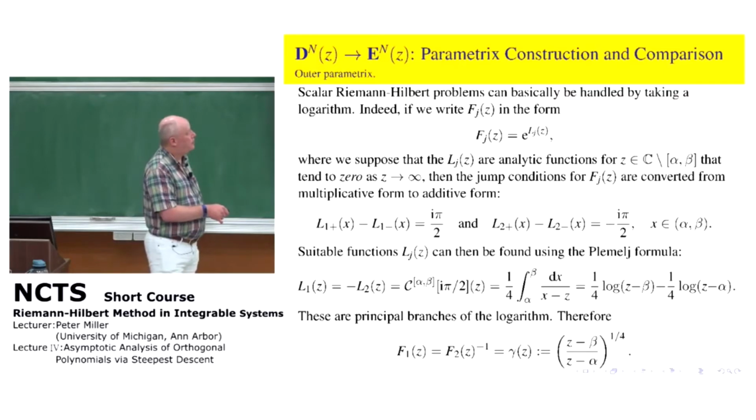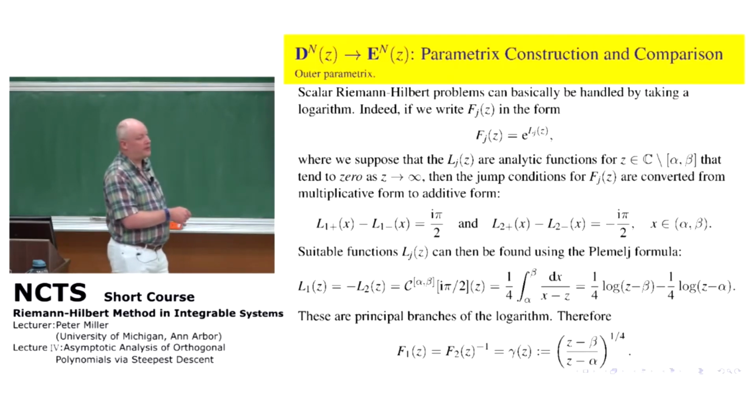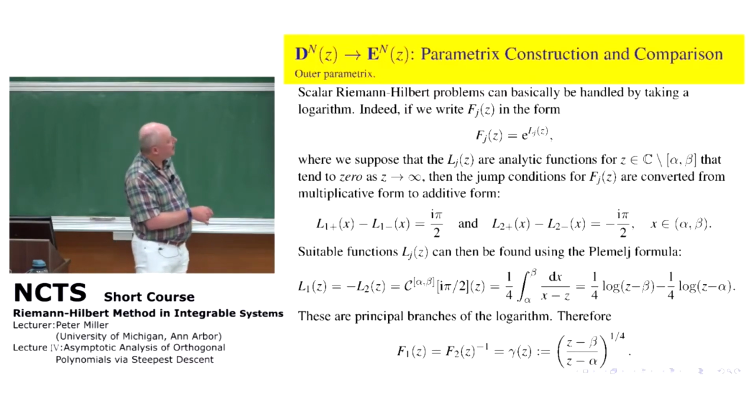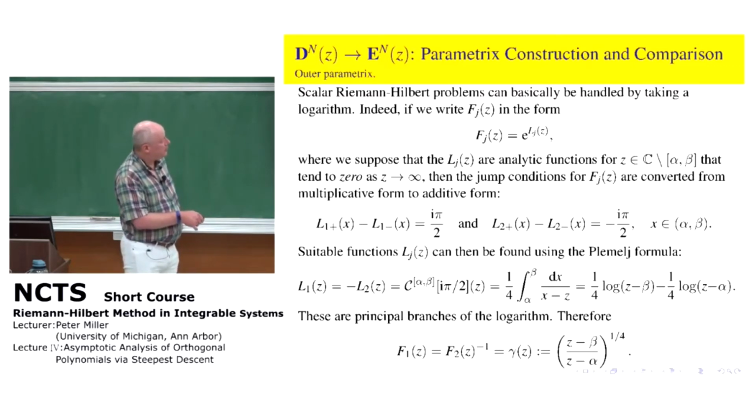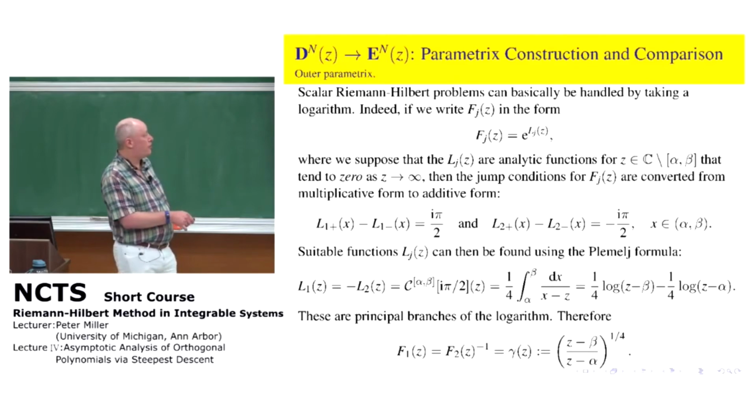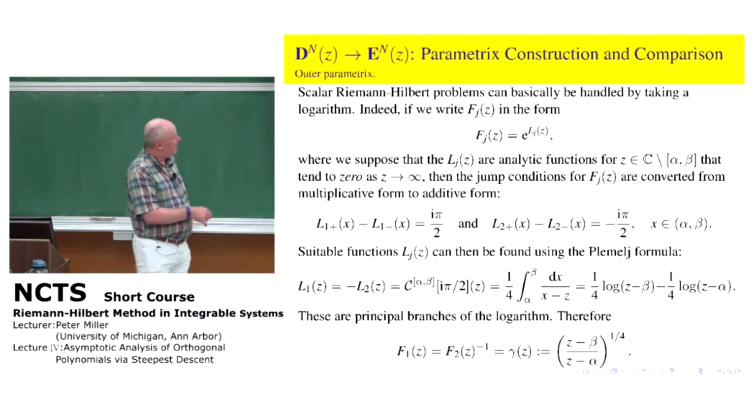So now you could use the Plemelj formula to write some formula down for these L's. So L1 and L2 turn out to be opposites, and we'll take the Cauchy integral of just I pi over 2, constant, over the interval alpha beta. So that's this integral here, and when we compute this, we should just evaluate the logarithms like this and take principal branches, and then we have a formula for L1 and L2 in terms of principal branch logarithms, and there's this 1/4 here. So that means that when I exponentiate to get back Fj,